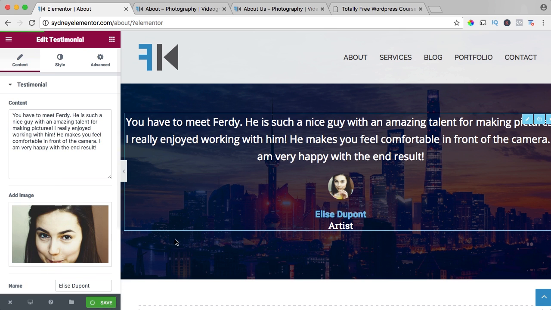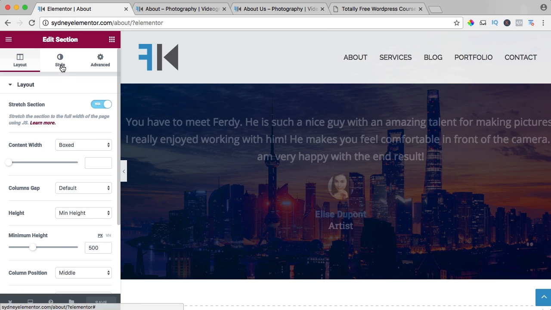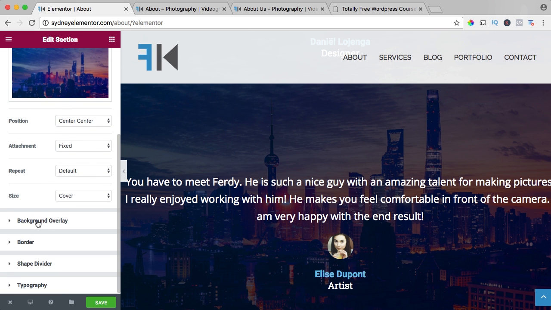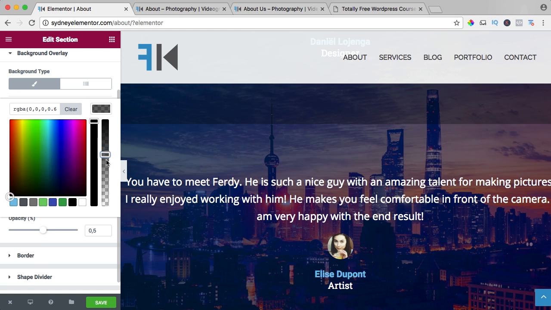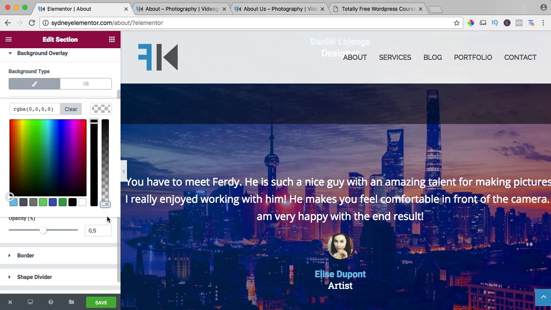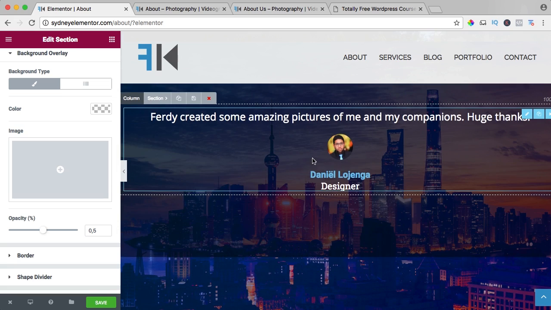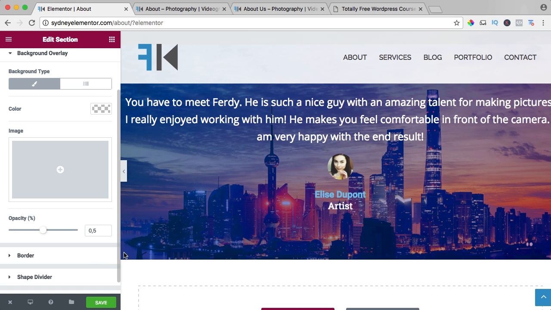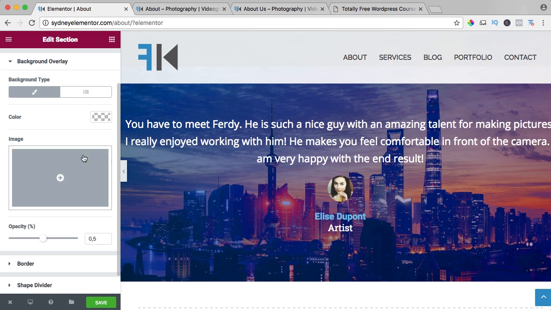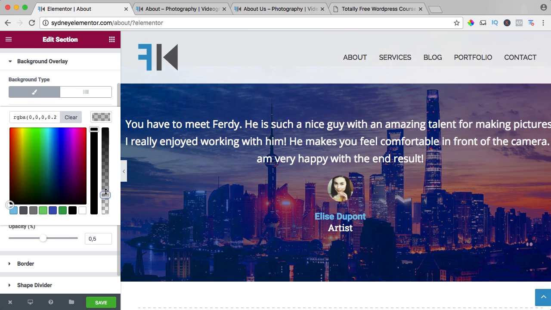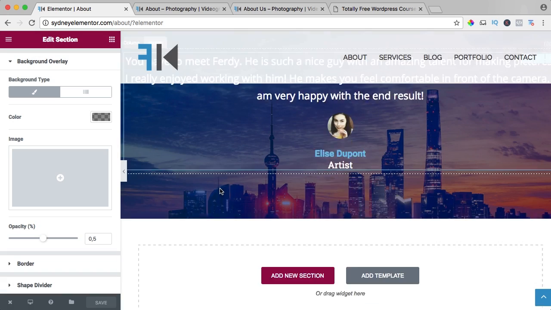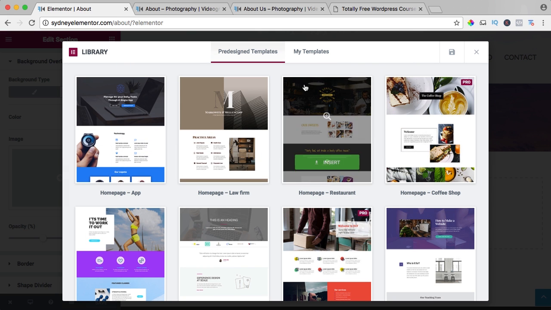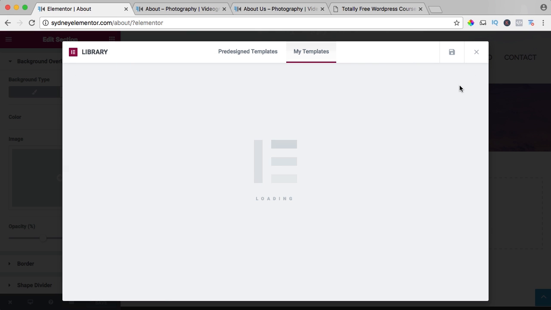And I save it, but if I go to the section, I now can say, go to style, and now I scroll down and I go to background overlay. And I make this color and make it lighter. So right now, this one is dark and this one is light. Maybe it's a little bit too light. Save it. And now, if I add a new template, my templates, and I insert it again,